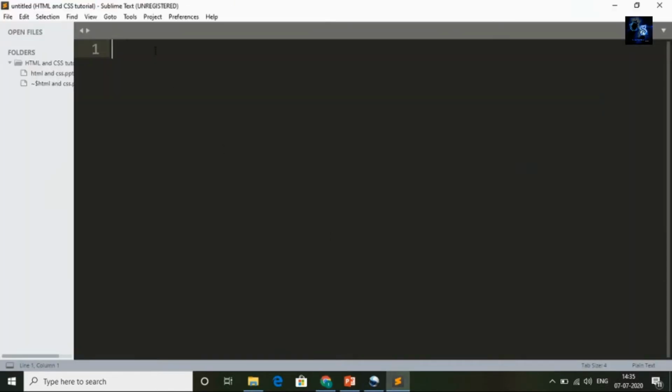Now I will discuss tags, how to use tags in HTML. I will take the example of two tags. One is the heading tag and another is the paragraph tag. To add any tag in HTML, you need to first add an opening tag. To add an opening tag, you need to use the less than symbol, then H1. This is heading tag 1 and this is the greater than symbol. This is the opening tag. First I will save this file.